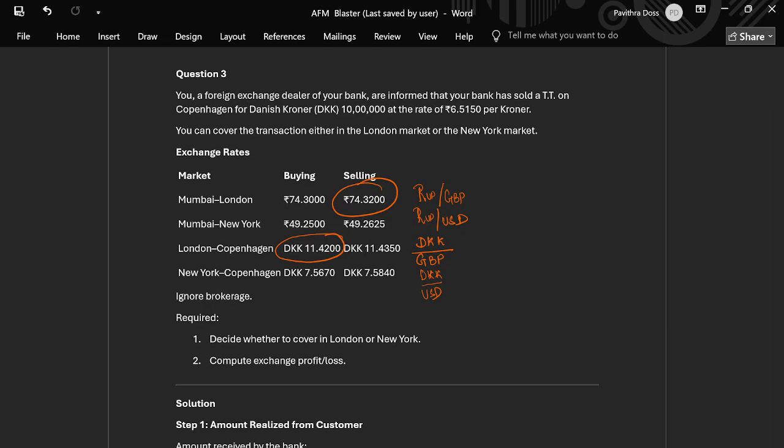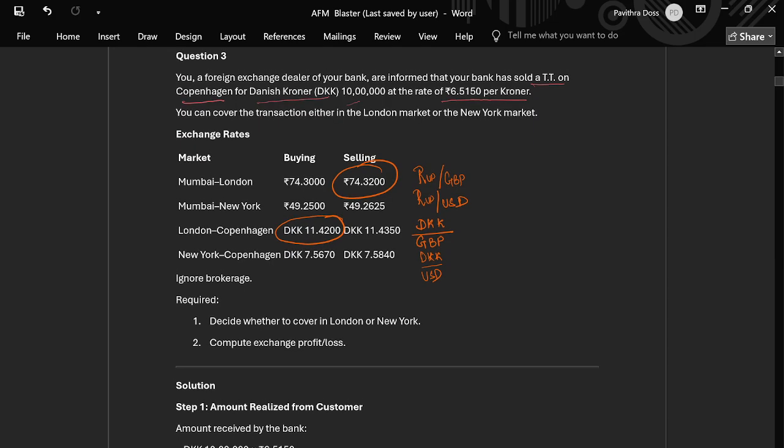You, a foreign exchange dealer of your bank, are informed that your bank has sold a TT on DKK for 10 lakh at the rate of 6.5150 per corner. Okay, so what we have done, we are the bank and we have sold TT on Copenhagen, on DKK. For how much we have sold it? For 6.5150. So how much we would have received, right? So much we have sold at this rate. So we would have received 65 lakh and 15,000. Okay, 10 lakh into